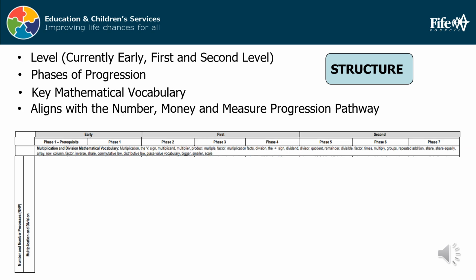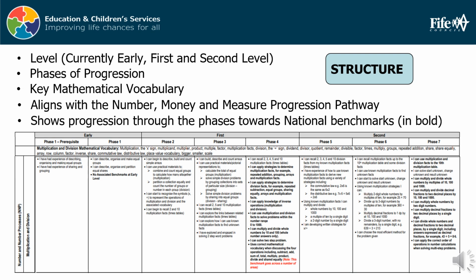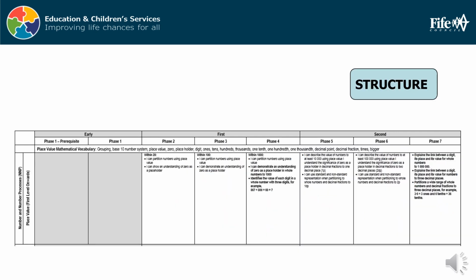It aligns with the Number, Money and Measure Progression Pathway. It also aligns with the national documentation, as it shows progression through the phases towards the national benchmarks, which are highlighted in bold. Grey areas mean that there are no associated benchmarks at this level, or there is no